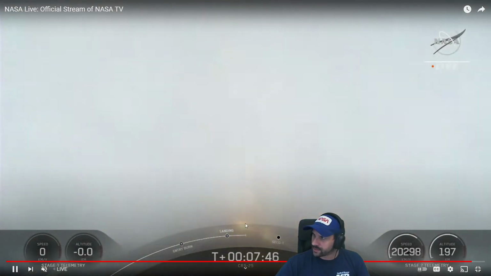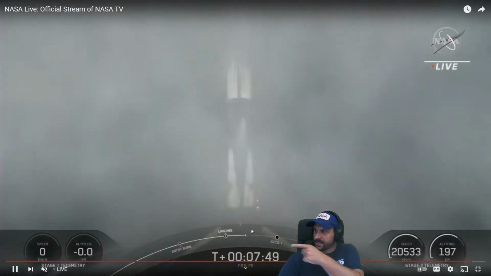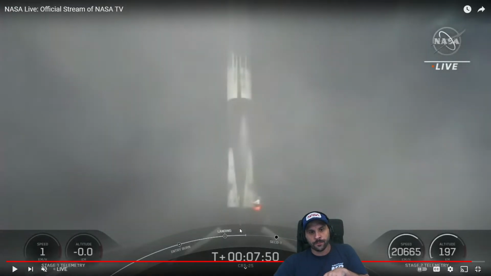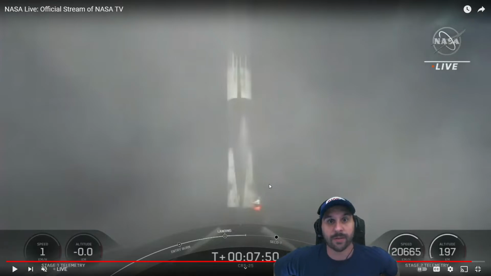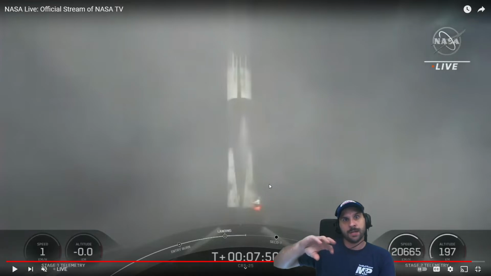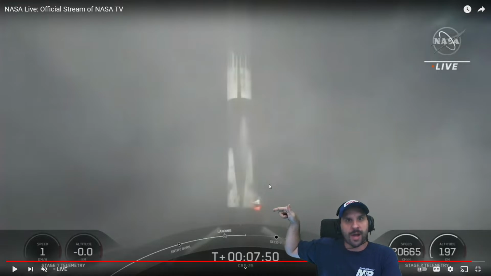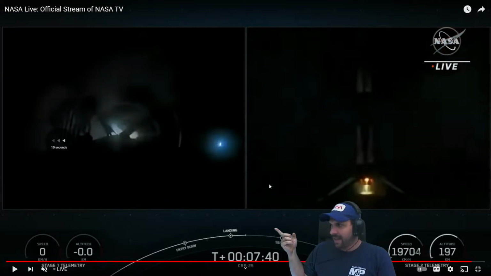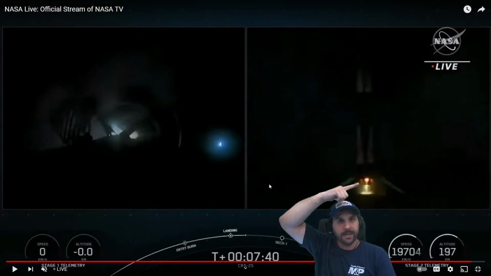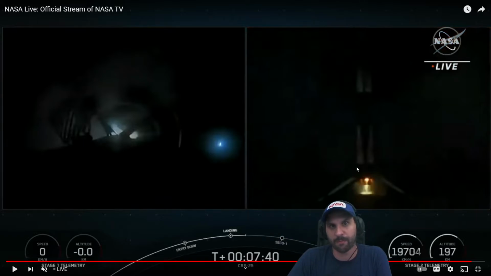Looks like they had a little bit of residual fire coming from the bottom. Fellas, that actually does happen, because turning off the taps on a rocket engine is like shutting off a garden hose, right? The valves are upstream from where the rocket engine is. So when they turn off the valves, you do get some residual, just like if you shut a garden hose off, there's some water left in the line. That residual fire that you see down there, that happens. That's just extra propellant getting burned off that got stuck in the engine when they shut it off.